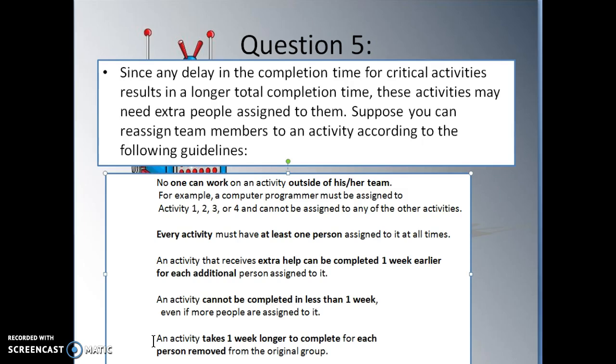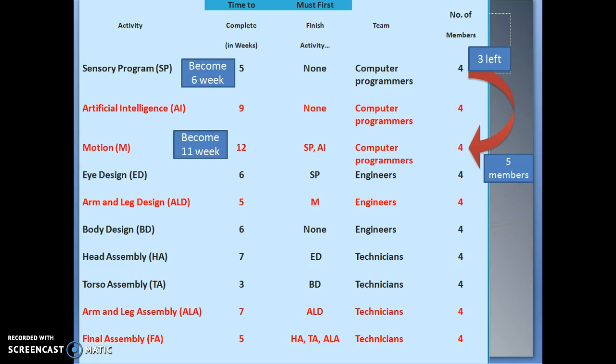So for question 5, part A, you're required to move one person around. It said if you could reassign one person, how would you do it? So you can move anybody. I'm just showing you an example. Okay, let's say I'm moving